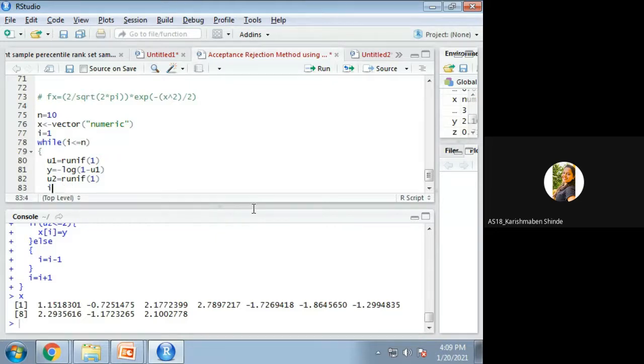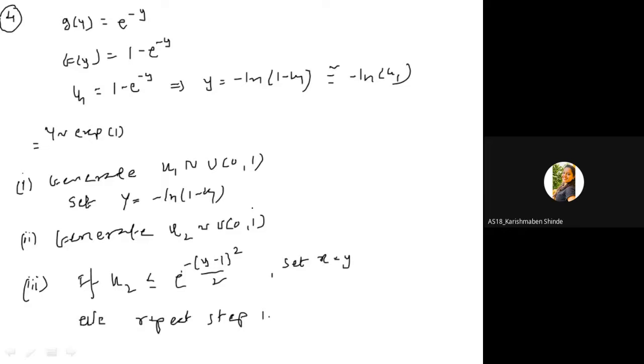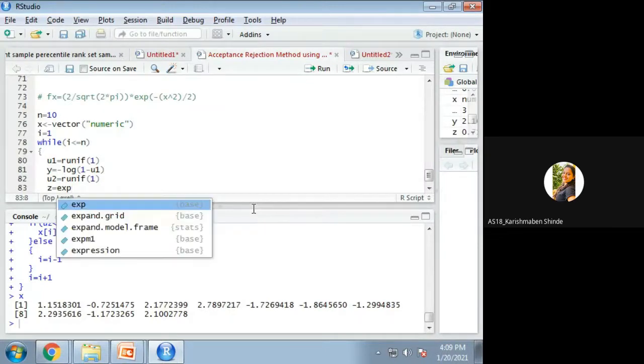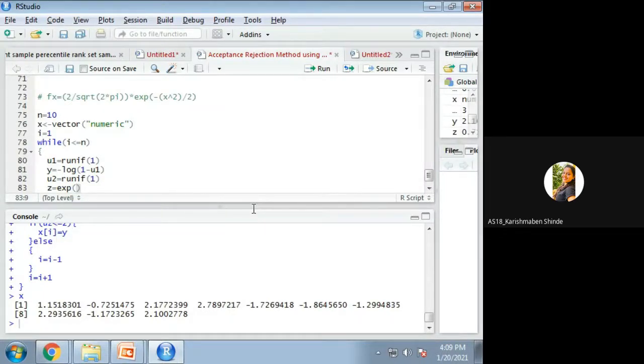First we write z equal to f(y) upon p g(y); it is e raised to minus (y minus 1) whole square divided by 2. It is the exponent of minus (y minus 1) square by 2.